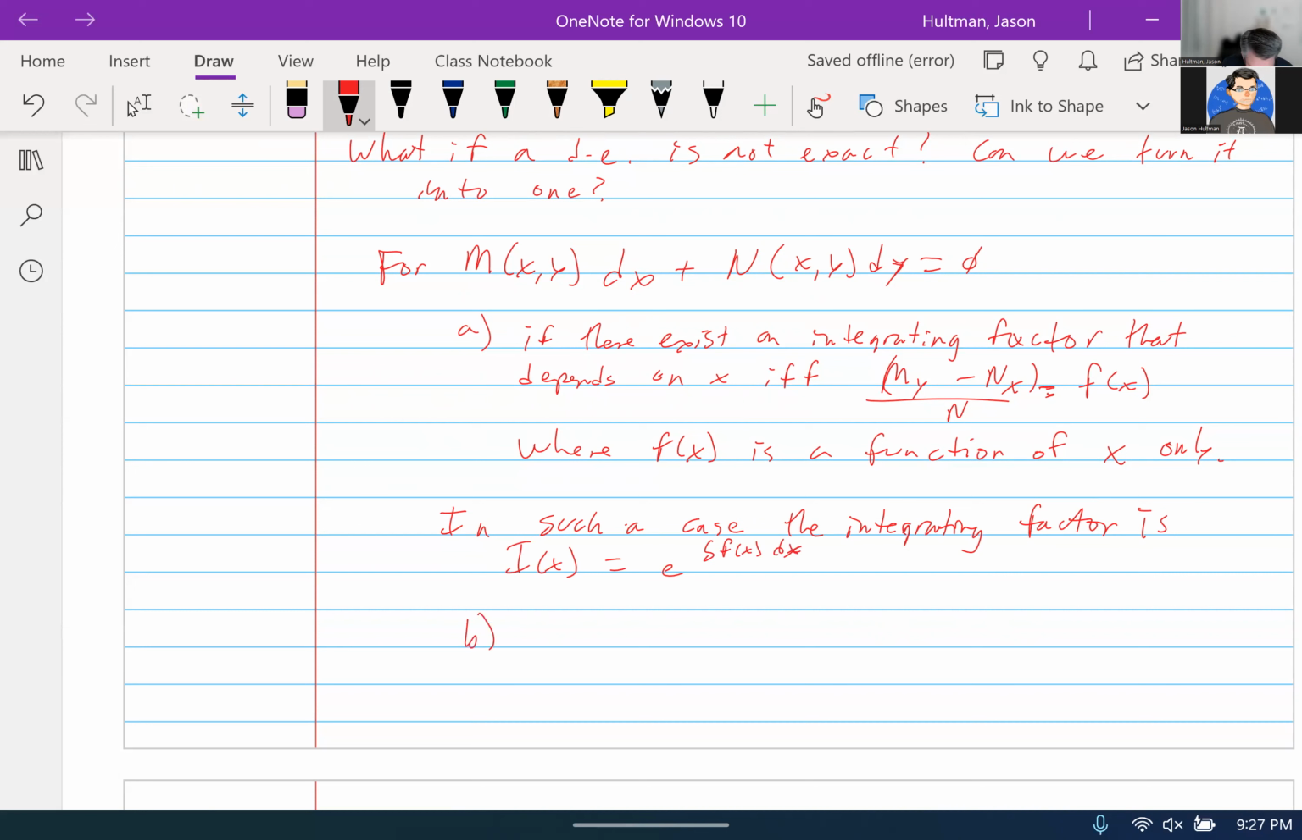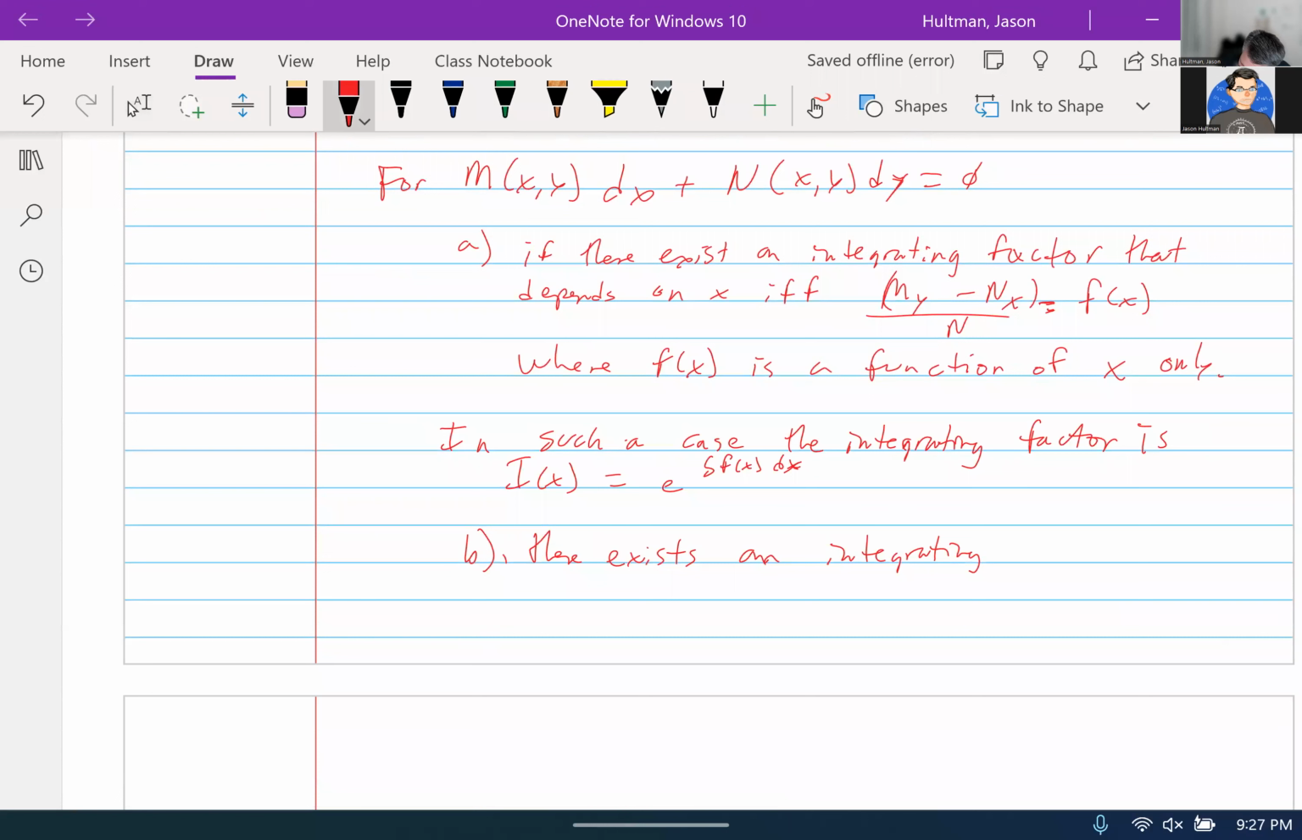Okay. B. If there exists an integrating factor that depends only on y, if and only if M_y minus N_x over M this time is equal to g of y, a function of y only,